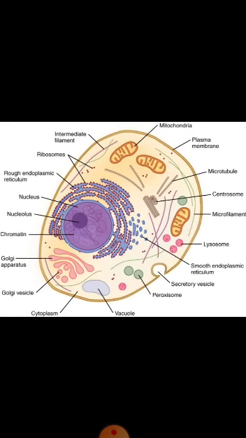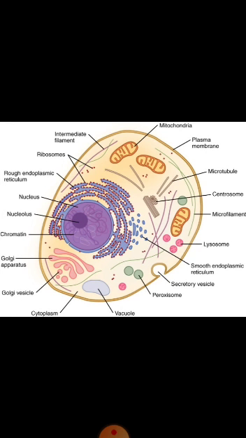This is the typical animal cell. Cell organelles are tiny structures which perform certain functions within a cell. Organelles are present in the cytoplasm of a cell. A few organelles of a cell are endoplasmic reticulum, Golgi apparatus, lysosomes, mitochondria, plastids and vacuoles. So, what are endoplasmic reticulums? These are of two types, rough endoplasmic reticulum and smooth endoplasmic reticulum.